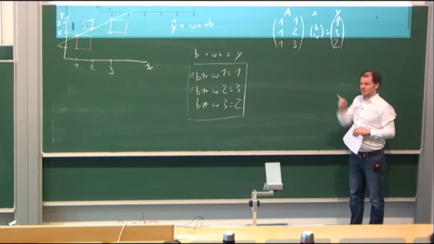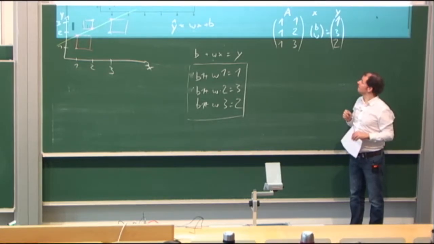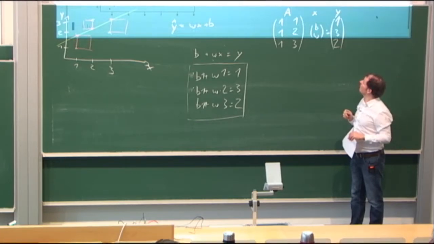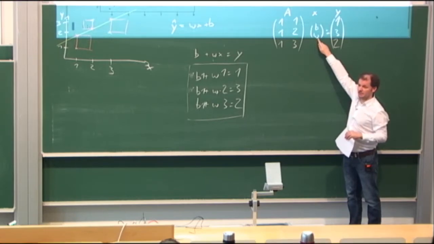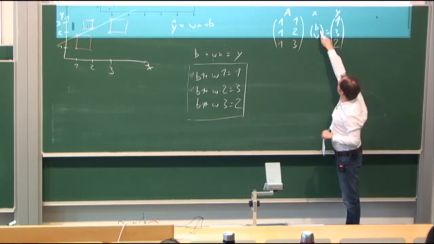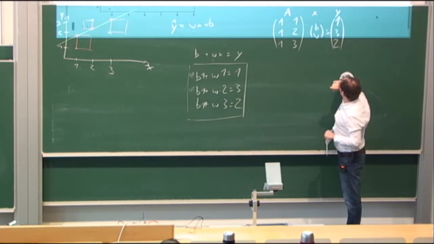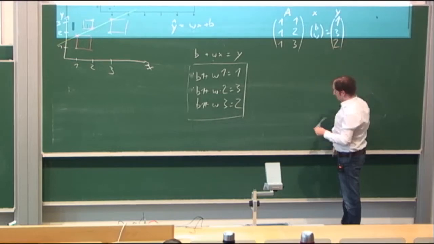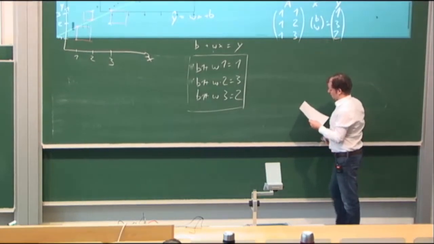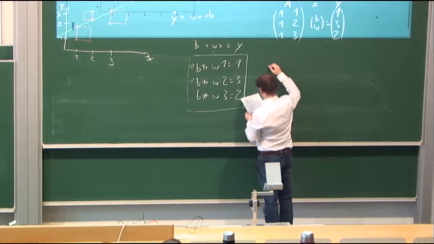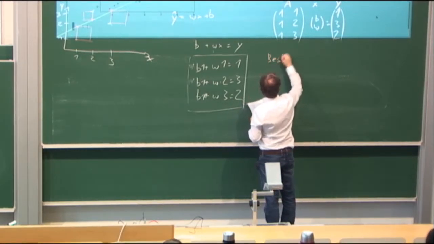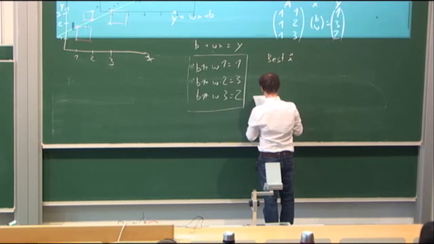Here we can find x such that the distance between the two y hat is smaller. We can try to find the best x that approximates this. We can find an x hat that actually solves this equation, and we do this via the pseudo inverse. So we try to find the best x hat that solves